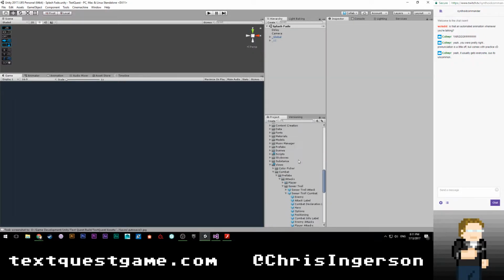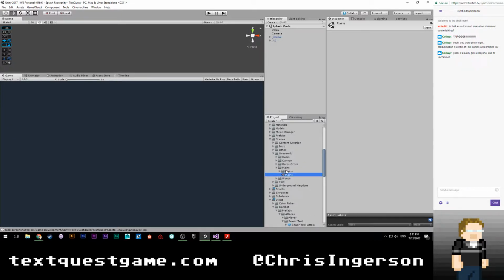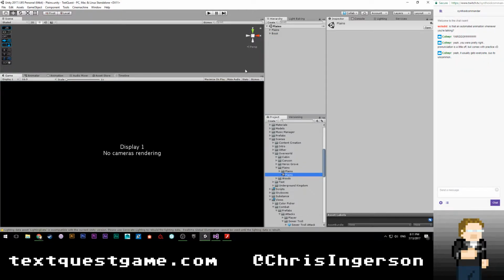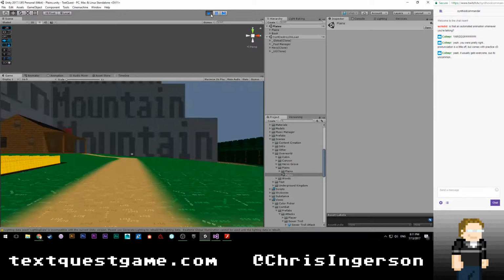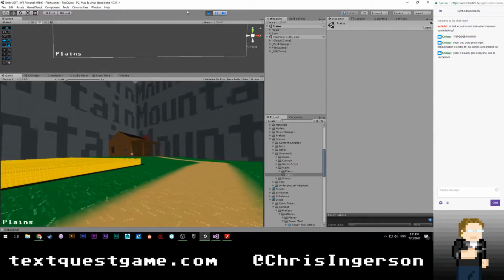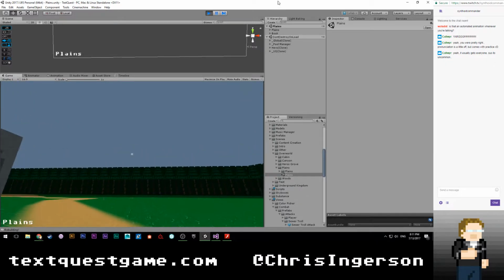In any case, so we're going to jump over to the plains level, assuming I can navigate my own project. So scenes, overworld, plains. Oh, I probably have to rebake the lighting for this level. It's probably fine. I'm sure it's not going to look hideous. Yep, lighting data. Yeah, it's going to just be not baked light maps, so it's going to look terrible.